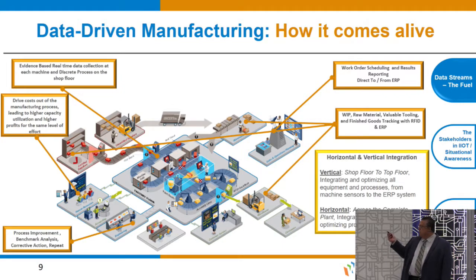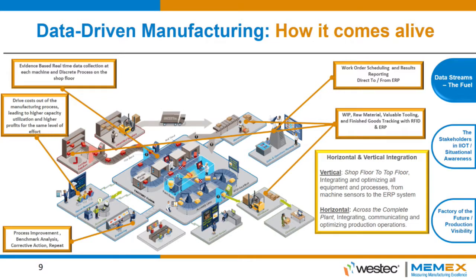And then when I talked earlier about having your trusted suppliers be part of the value chain here, we call this horizontal and vertical integration. Horizontal integration right across our enterprise, and vertical integration with our suppliers and our trusted suppliers. When we have the ability to create the factory of the future, horizontal and vertical integration is a definite side benefit.